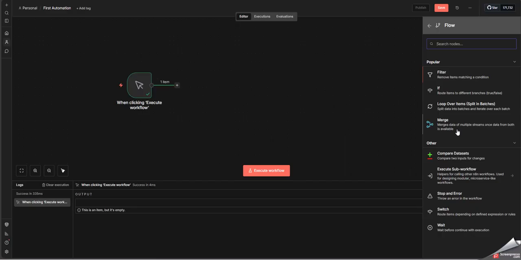So there could be research done on one node, and then we could have some other information and we need to combine both these pieces of information. We could do it. So there are a lot of other features within merge which we'll explore in the coming